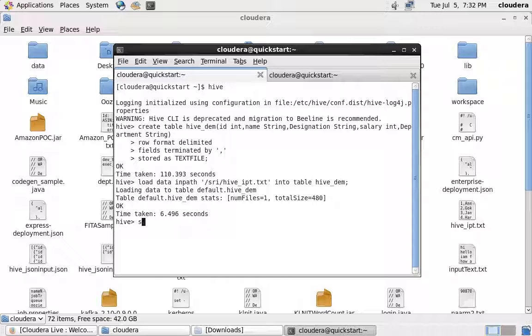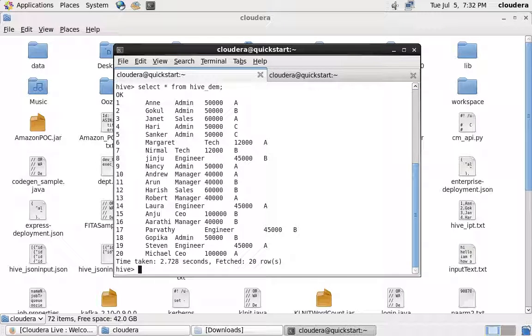Now the file data got logically represented as a table, which allows you to write queries. If you want to write a query, I can do it. Select star from hive_demo, and you can view the data in the table. Got it? Earlier it was not possible. You cannot do any kind of querying on file data. Now you can easily do it because the file data got represented as a table. I just created a table matching the schema of the file data, loaded the data into the table, and now I can write any code.